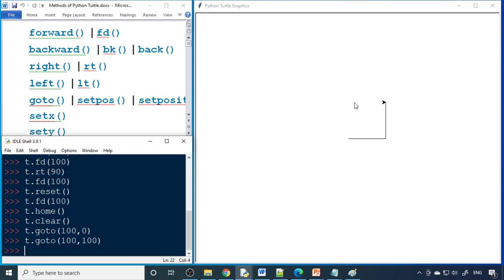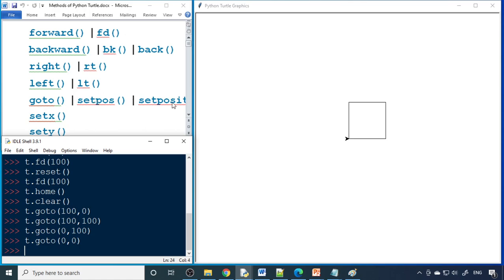According to the x and y positions, the line will be drawn. Now again you want to bring it back to this location. So y is 100, x is 0. So 0 comma 100, it will come. Now again you want to bring it back to this location, 0 comma 0. Therefore you need to give 0 comma 0. So these are the coordinates. This is x 100, y 0. This is 100 by 100. This is 0 by 100 and this is 0 0.